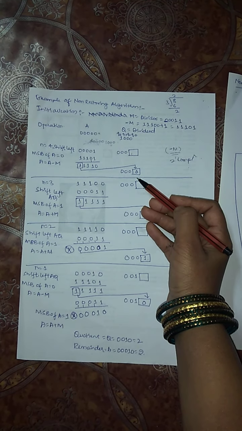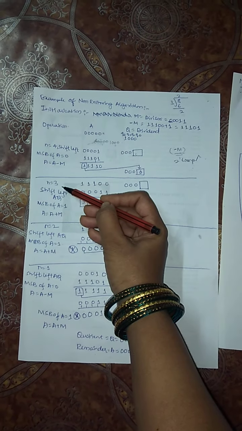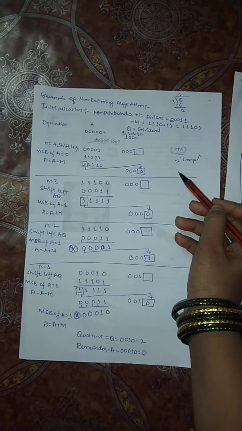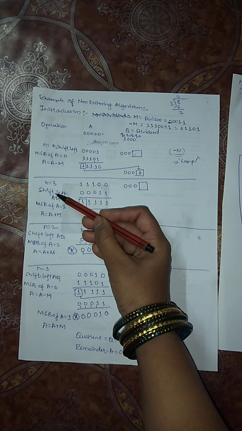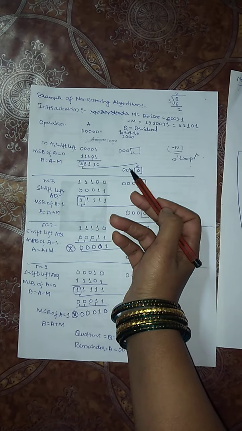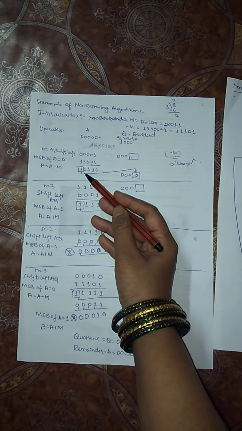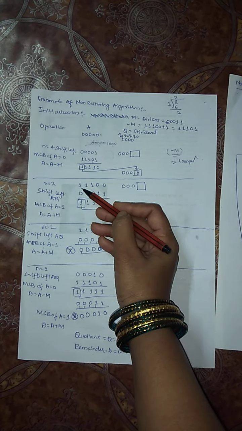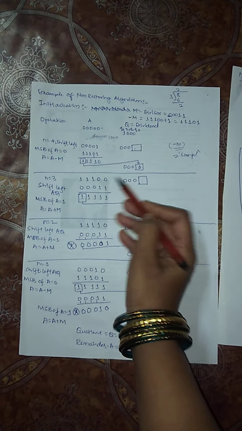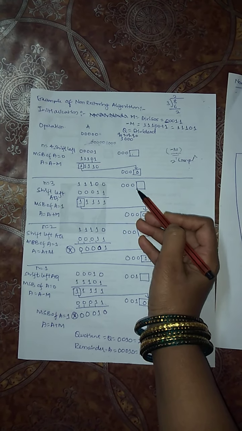What is the value of n here? The value of n here is 4. 4 minus 1 is 3. Is 3 equal to 0? No. Again go for the same cycle. This will complete the first cycle. First step, what are we doing? Shift left AQ. This is A, this is Q. When I am shifting left, this 1 will be discarded. So 11110. One place here will be taken by this 0. Then the remaining are 0, 0, 0, 0, 0, 0. So one place will become empty.